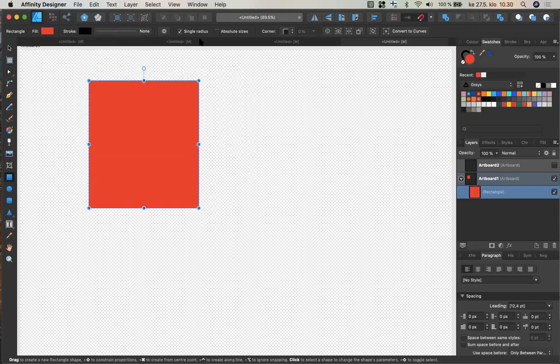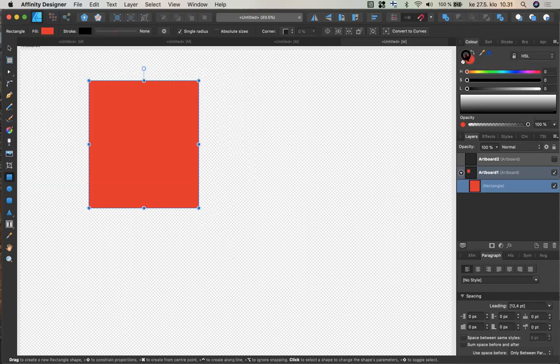Oh, there's no stroke, I think. So I can change here by clicking the stroke in the foreground, so that I can actually see it. I can also use the X command to switch the background color and the foreground color. So I'm clicking on X, and this is the same command that we have in both Photoshop and Illustrator, and I think it's also in Adobe After Effects. Anyway,